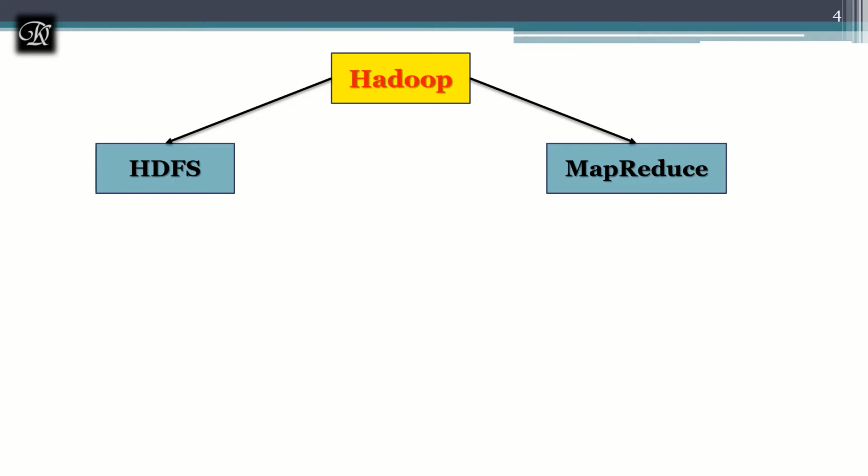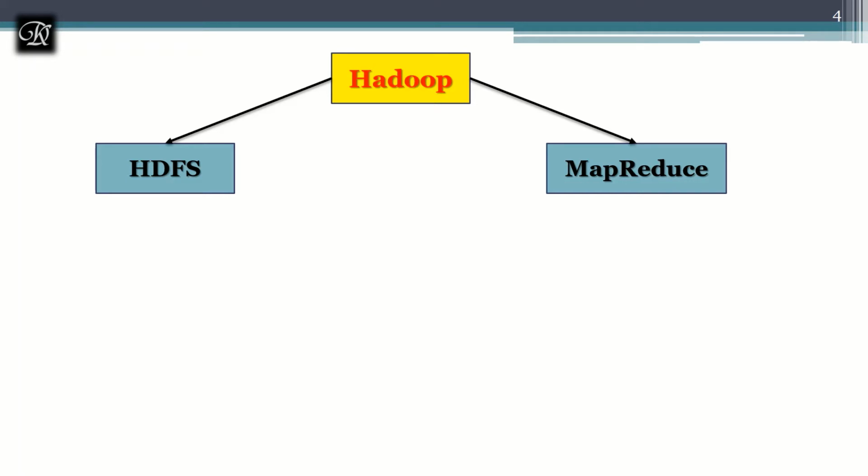If I take a file of 1 GB, for example one I have downloaded from a torrent, it might be a movie, and I am going to store it on my HDFS file system, the HDFS block size can be set by the admin. The admin can set the block size. It can be 64, 128, 256 as I told. So consider I have taken 128 as the block size.